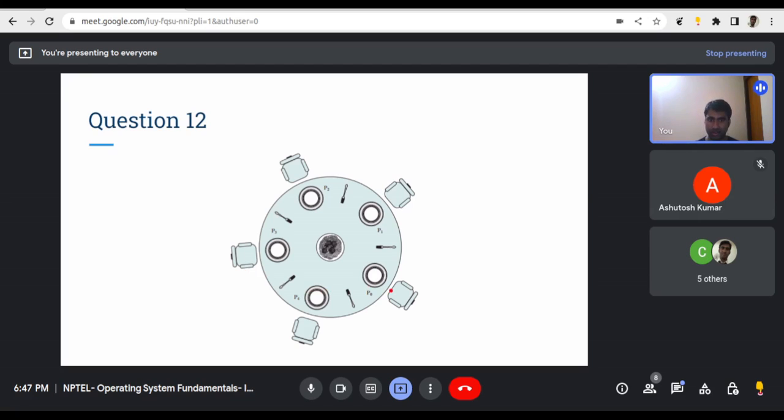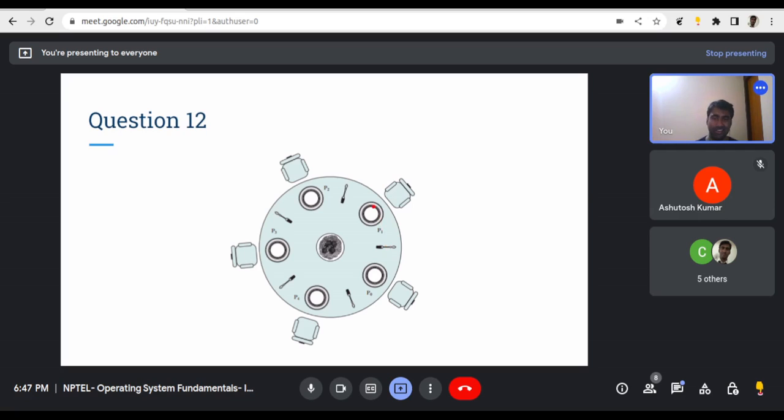As you can see, there are P0, P1, P2, P3 and P4. There is a plate of noodles in the middle of the table, and all the philosophers have plates in front of them. They are philosophers, so they just sit there and think about something, and when they get hungry, they take noodles from the center into their plate, take the chopsticks, which are actually shown as forks here for some reason, and then they can have the